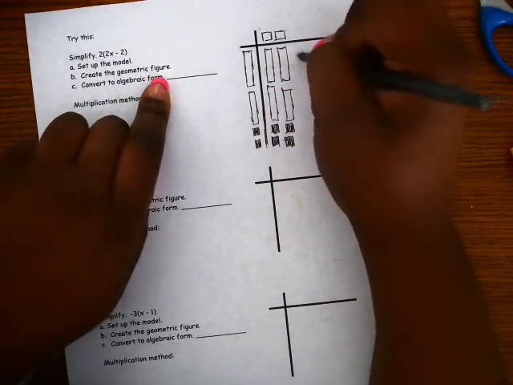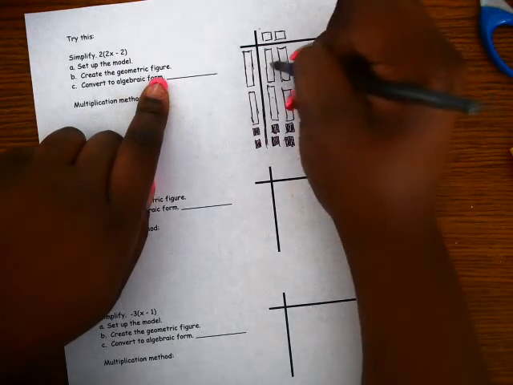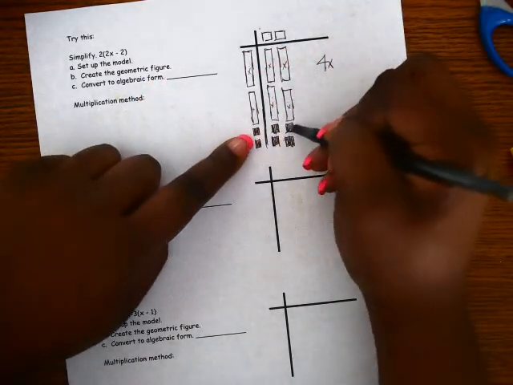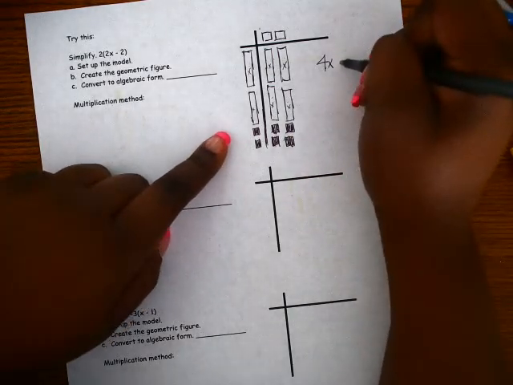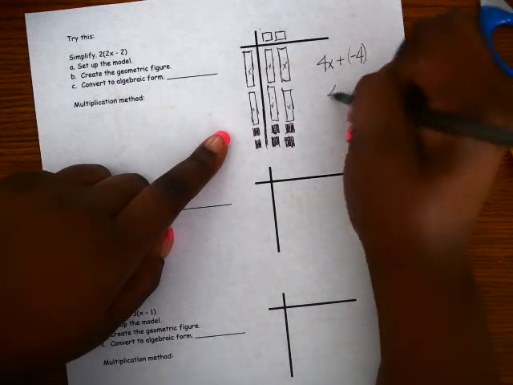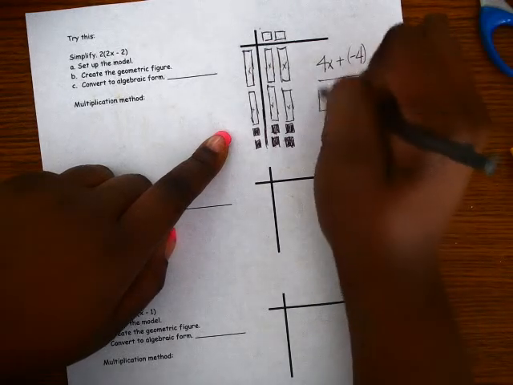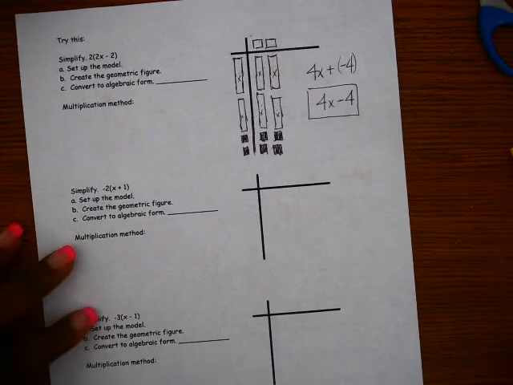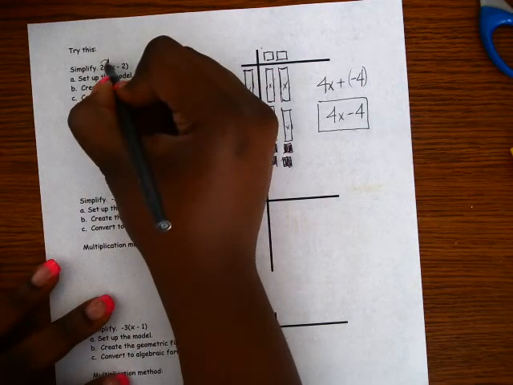We have 4 x's. 1, 2, 3, 4. These are x's. And then I have 1, 2, 3, 4 ones. Now these ones are negative. So instead of saying plus a negative 4, I'm just going to write 4x minus 4. And that's my model. So if I was going to convert to algebra form, which is the C, I distribute